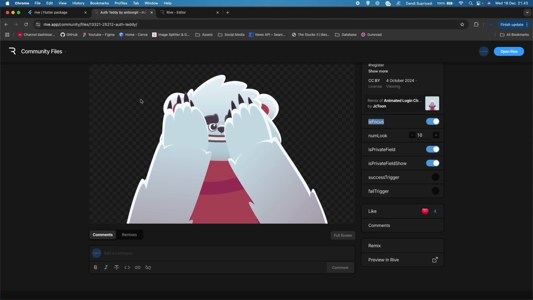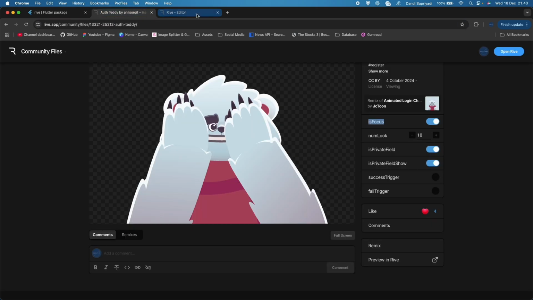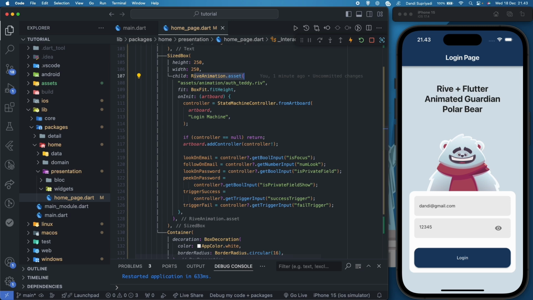You just need to have access to this file, so you can see the key for each state machine and state machine input. But if you don't have access to this Rive editor, you can have it on the artboard itself.